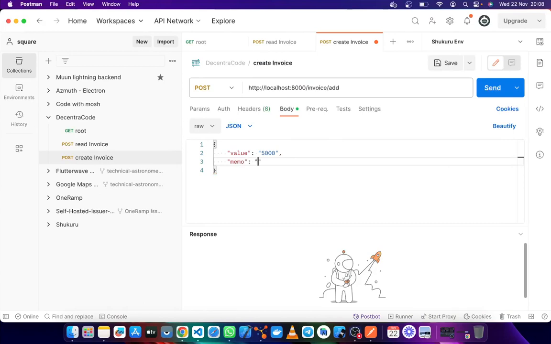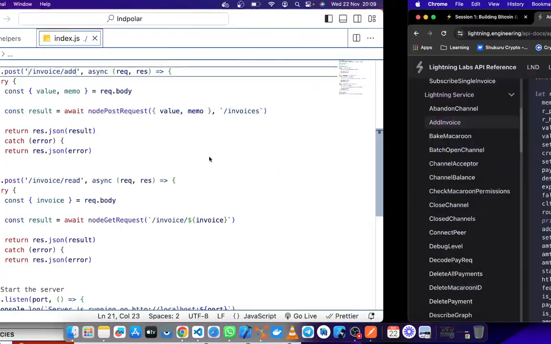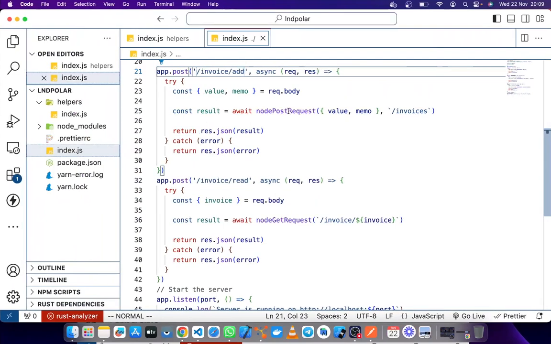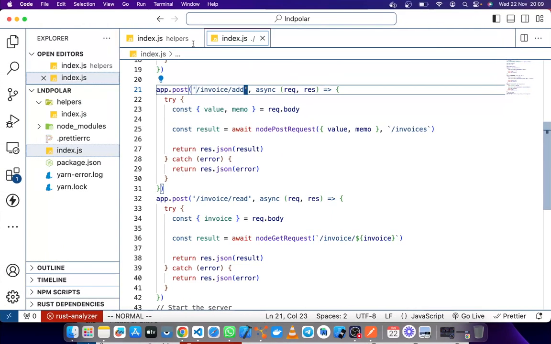Memo is like a message that you can encrypt in your invoice. So I'll call this wrong invoice because it's a wrong one.